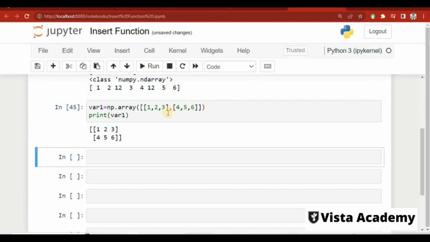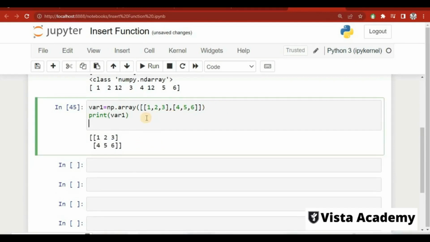So this is our two-dimensional array, and if we want to update this array, how can we do that? To update this array, we again have to give the same command. First of all, we will create a variable var1, or v1, whatever name you like to give. Then we will give insert. First of all we have to give np.insert, then we